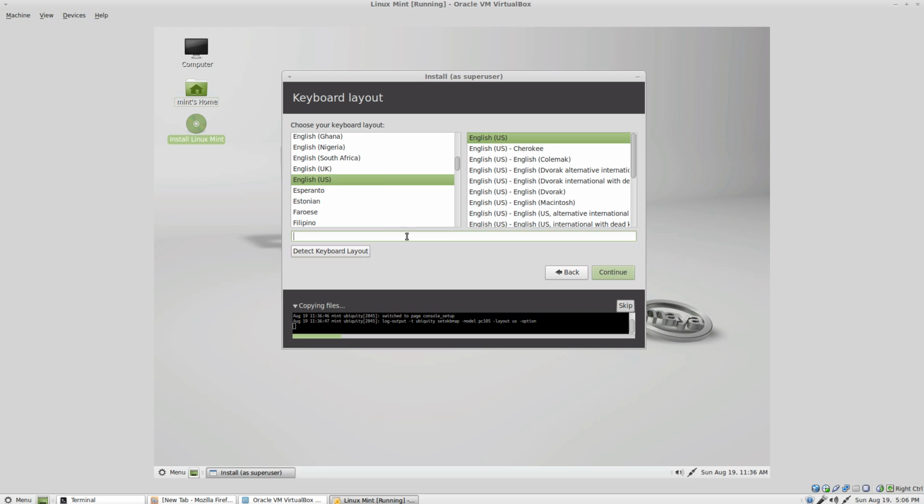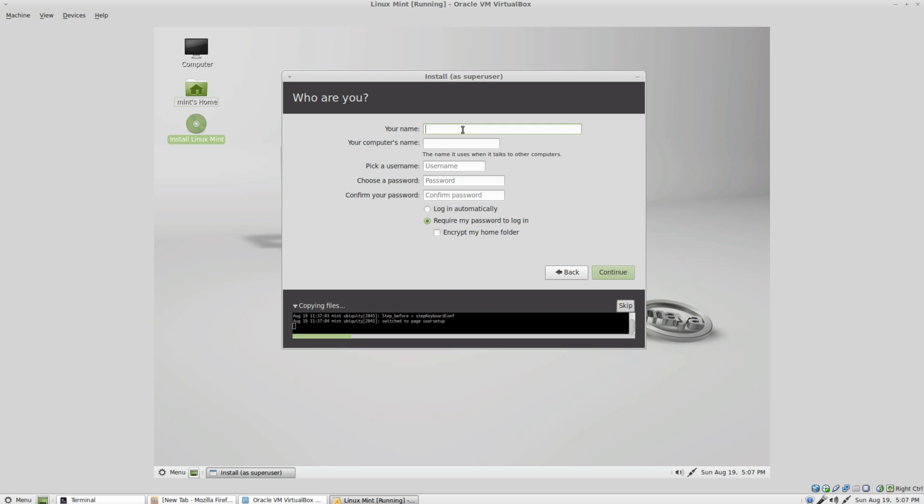So now you can type here and check if these keys are on your keyboard or not, and then select continue. Keyboard is very important. You should test it always, that all your keys are working or not, otherwise later you will have problems. So I give my name here,